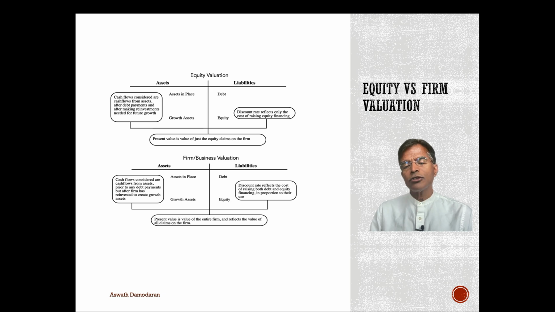You take those cash flows, you discount them back, not at the cost of equity, because now you look at the entire firm, but at a weighted average of the cost of equity and the cost of debt. Sound familiar? That's the cost of capital. Cash flows to the firm, discounted at the cost of capital, gives you the value of the entire business. Which one's right? Either should give you the same answer for equity if you do it right. So the key is to pick one and to stay consistent.